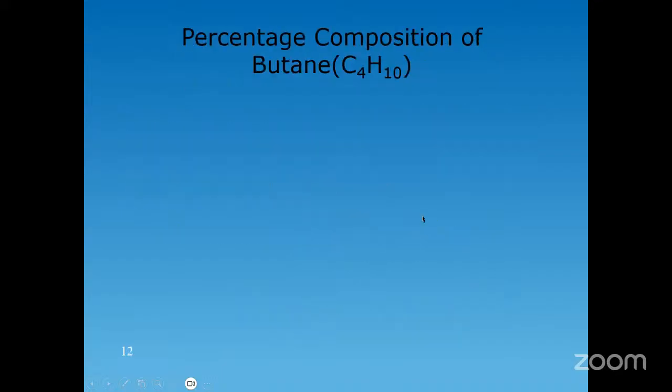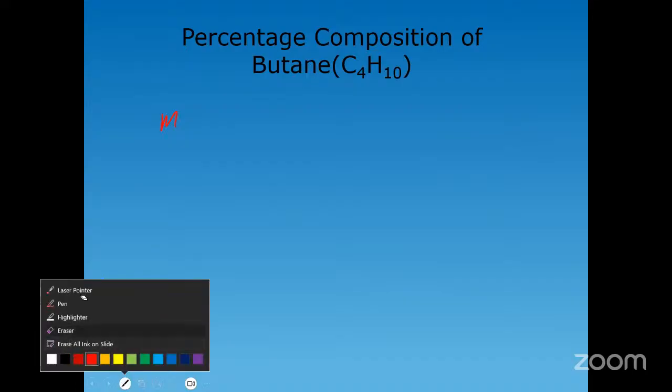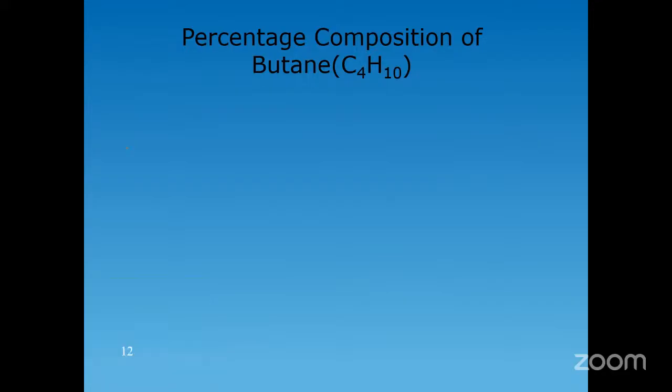right? So it's relatively easy to calculate the percent composition of pretty much any compound if you know the formula, right? So just to illustrate how we do this, we're going to use butane as an example. So the formula for butane is given, C4H10, right? So basically, firstly we find the molar mass of the entire compound first, right? So the molar mass of C4H10,